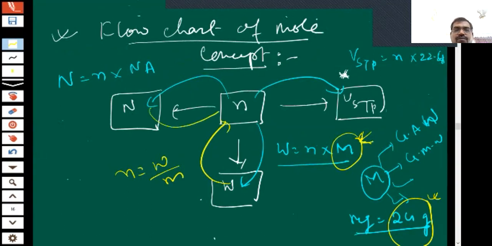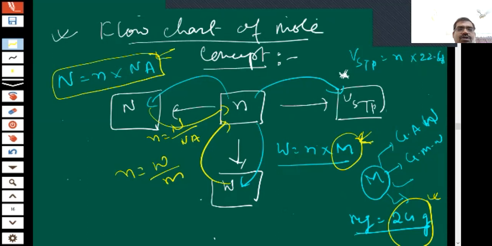Suppose you are coming back from this station to this station, I told you. Suppose you want to calculate number of moles in terms of number of particles, then whatever the number of particles is given to you, divide by Avogadro's number. Same thing. If you learn one equation, this is sufficient. Suppose you are coming back from this side, so we can say volume at STP divided by 22.4 liter. All these values are per mole.